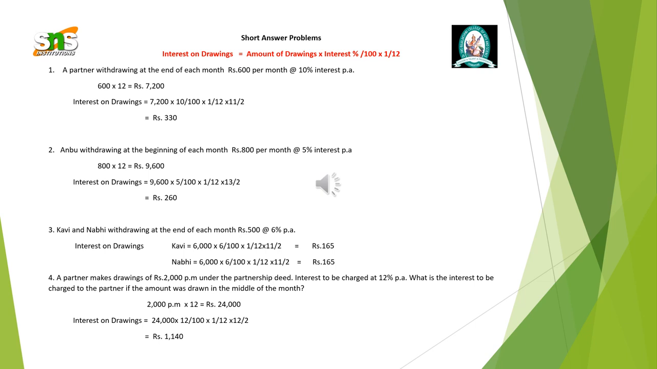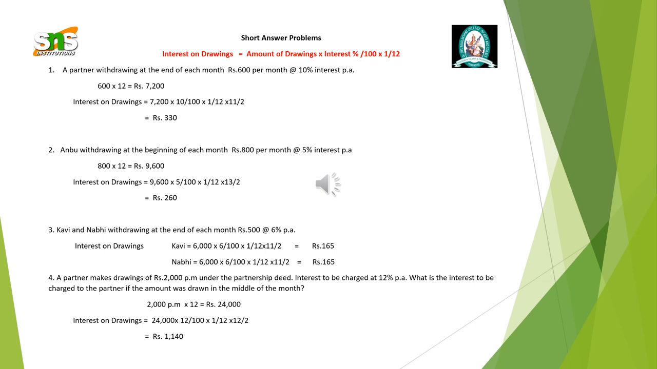So first calculate the amount, that is 800 into 12, 9,600. Now calculate the interest on drawings for that particular amount. So 9,600 into 5 divided by 100 into 1 by 12, our formula, and we have to add back 13 divided by 2. So you will be getting the interest on drawings of